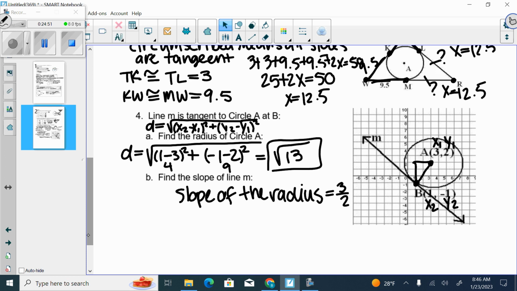And what do I know about the radius and the tangent line? They're perpendicular. So if this is the slope of the radius, what does the slope of line M have to be? Very good. Okay, so since M is perpendicular to